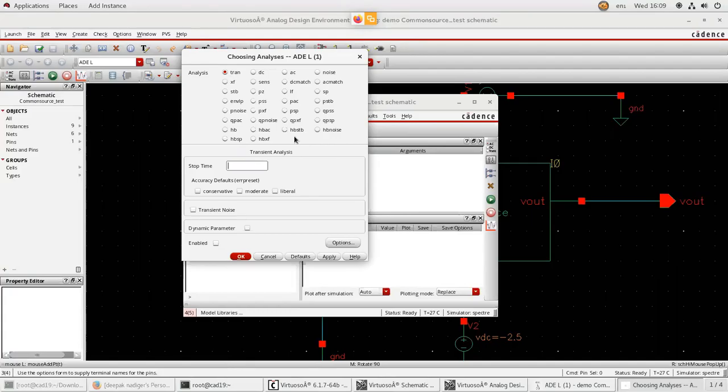It is 1 millisecond. The meaning is in 1 millisecond you will get one cycle. So if you wanted to see at least 5 cycles, then give stop time as 5 milli. And accuracy, let it be moderate.